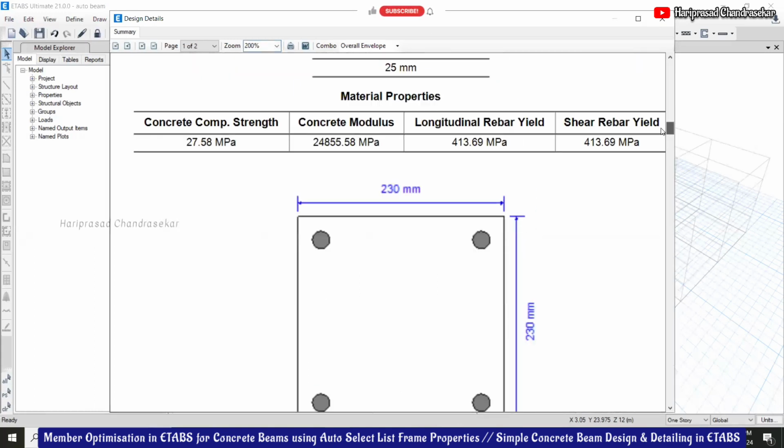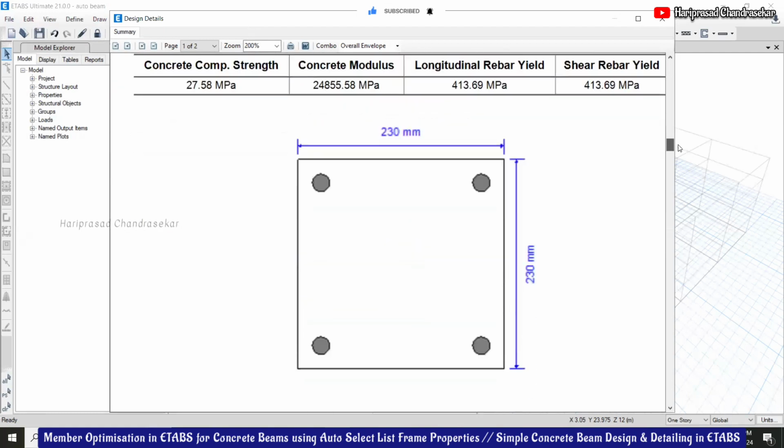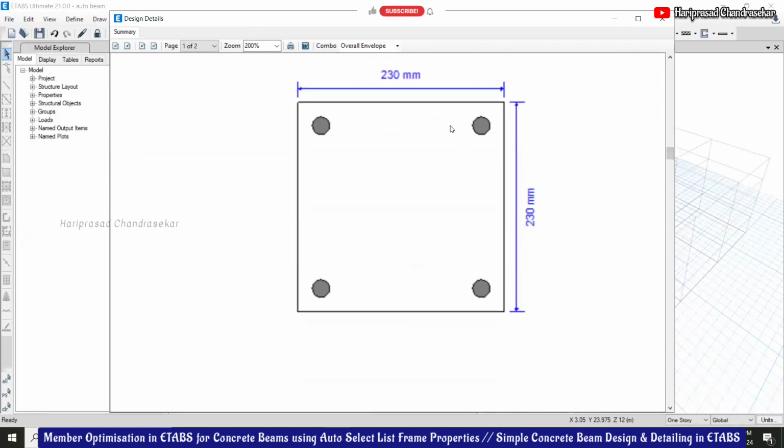See how it is. Here you can see the cover, everything, length 8 meter, the width this much and all, and you can see the reinforcement. Because we are putting reinforcement to be designed, whether it is 3 or 5 bars, it is not considering that. It is considering only what it has to be.